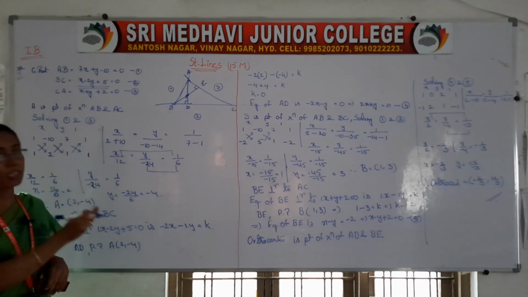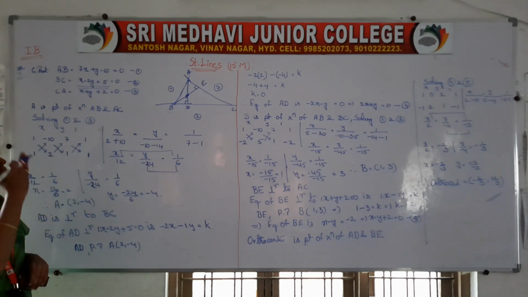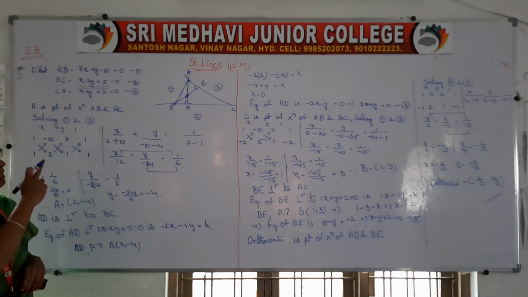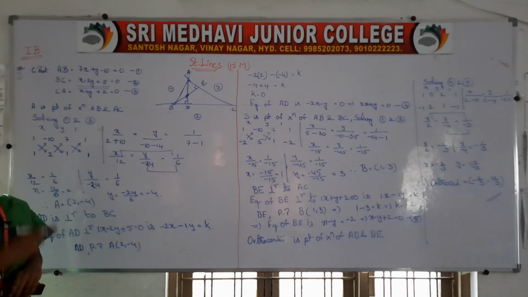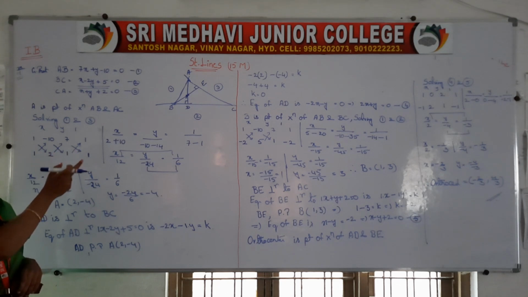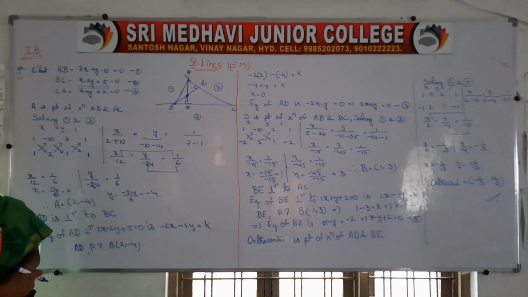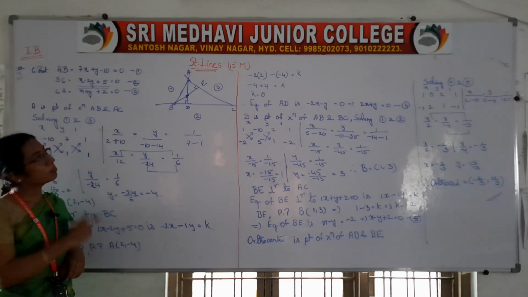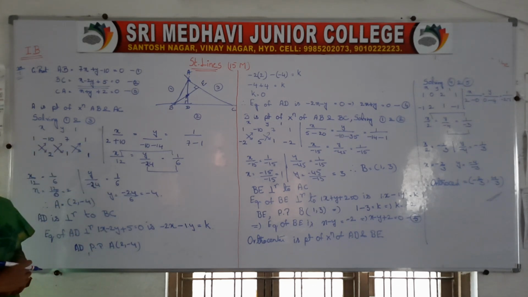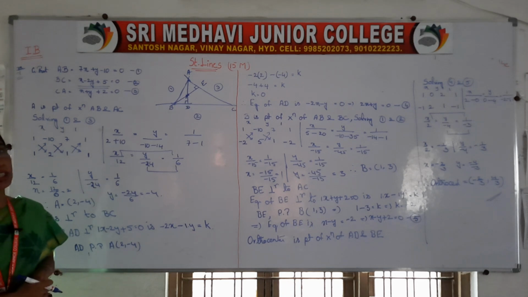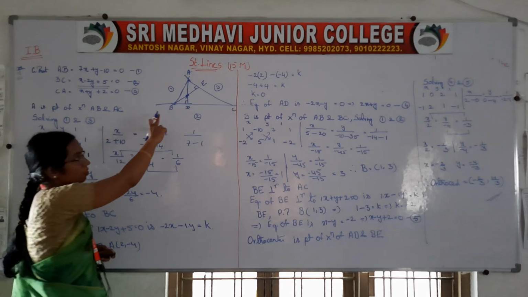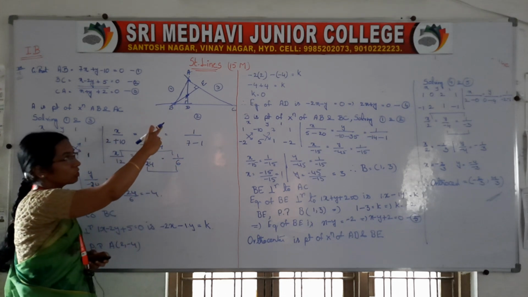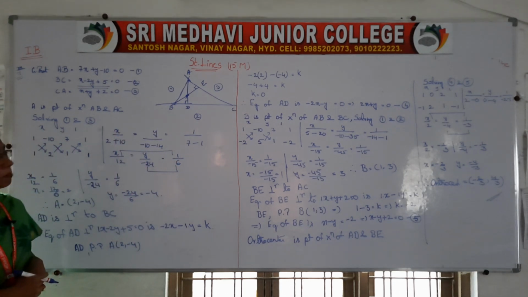First find out the altitude AD. So we need one point. So find out that point. Then this AD is perpendicular to BC and we know the BC line equation. So you can write the perpendicular line equation. Then you will get your AD line. Similarly our aim is to get BE. It is another altitude. So to get BE we need B. So try to get your B point. It is the point of intersection of AB and BC.